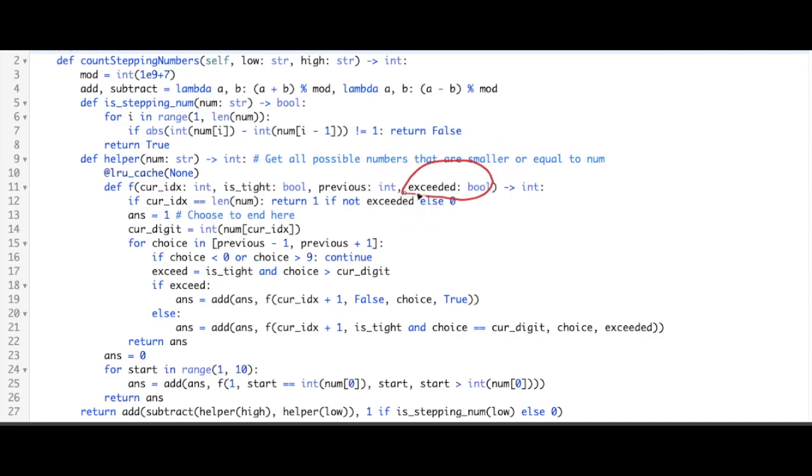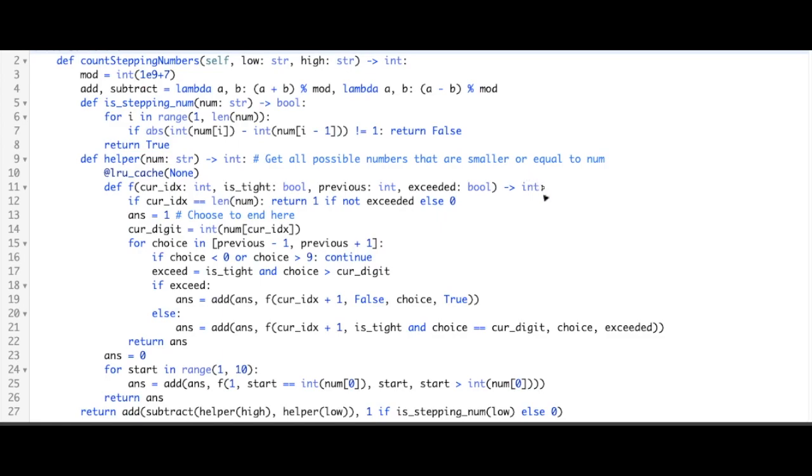Exceeded means that if we are in a tight recursion, we can exceed the digit, but after we exceed the digit, we don't want it to go above the higher bound. So we have some exceeded boolean to tell us